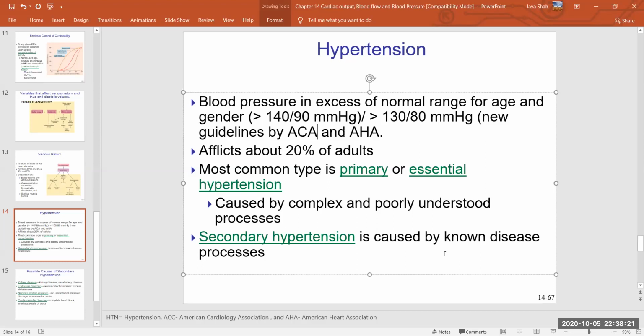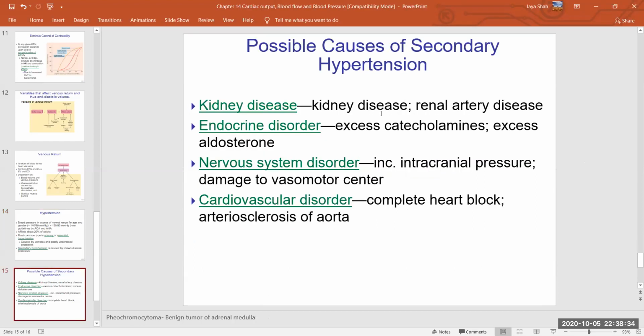For example, kidney disease, heart disease, lung disease, other congenital heart disease. Those are the causes. Okay. So possible causes of secondary hypertension are kidney disease, like renal artery disease, like renal artery stenosis, polycystic kidney disease, kidney failure, glomerulonephritis,